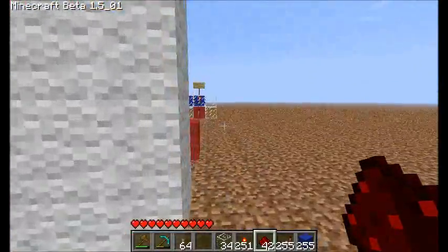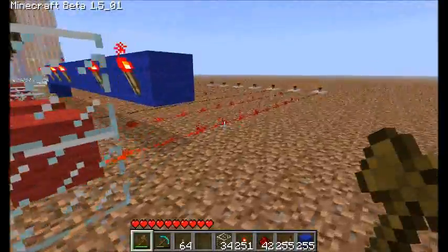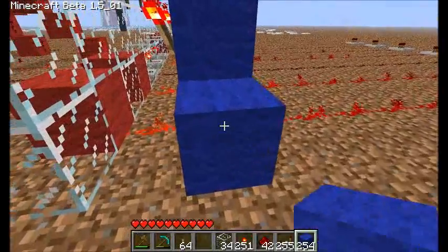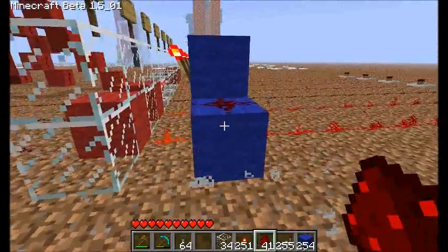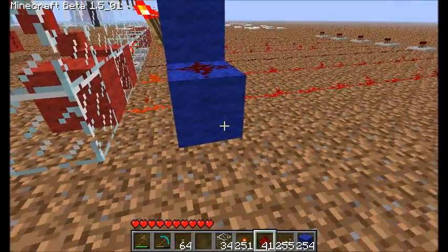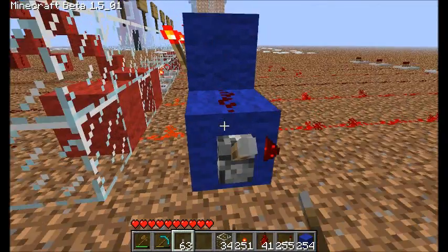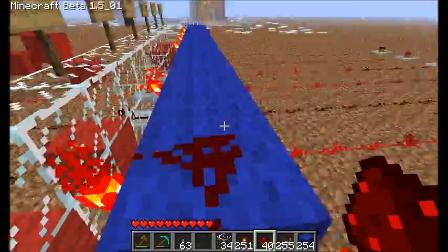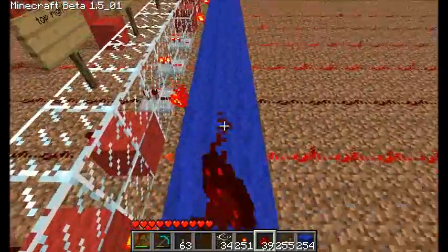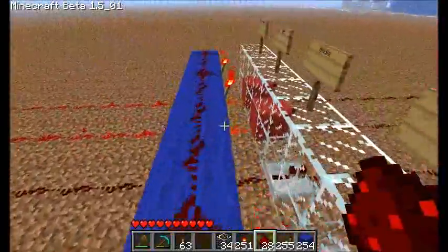And now what we need to do is give this a power switch so that we can tell it when we want 0 to be displayed. So this is another one of TheXboxNut's pro tips. So I like to just, you can either bring this down like this, or you can just put a lever here. And what we'll do is run redstone all the way across the top, so that when the lever is off, as it is right now,